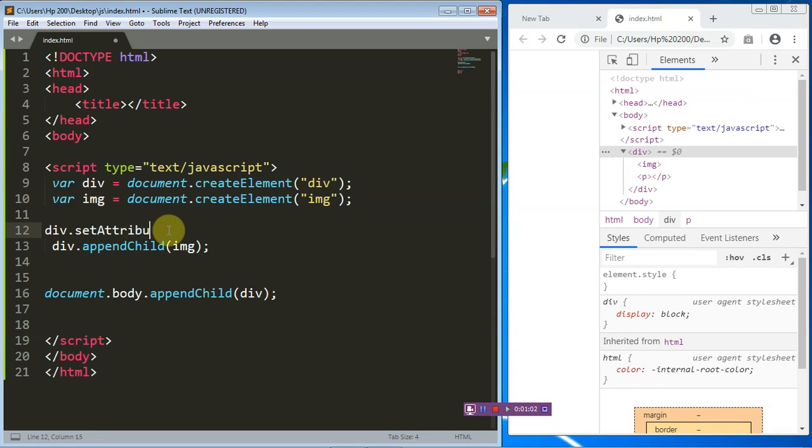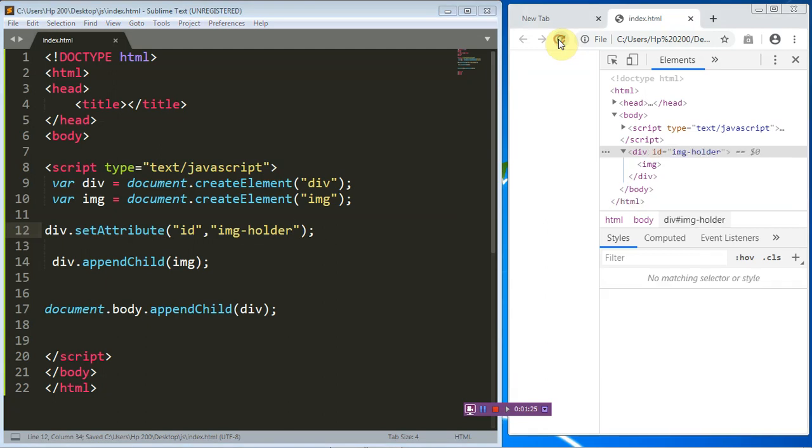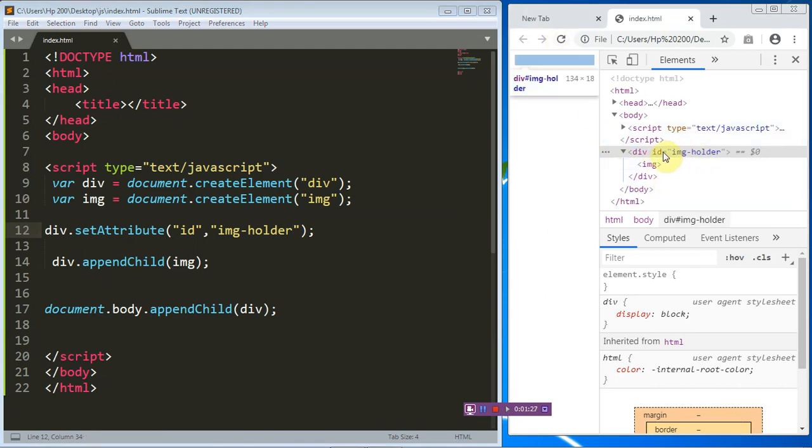The setAttribute method has two arguments. The first one is the name of the attribute that you want to set, and the second one is the value. So for this particular div tag, we'll just give it an attribute name of ID, and we'll call this img holder. Control S that and run that in your browser. You can see we just added an ID of